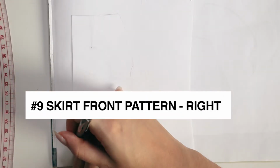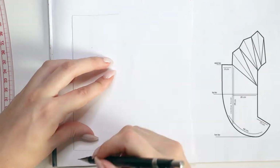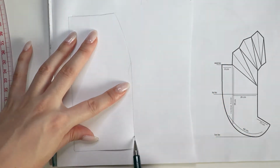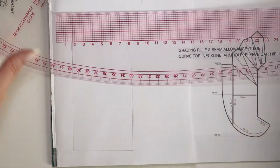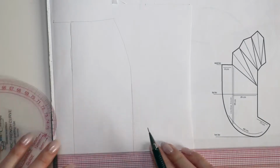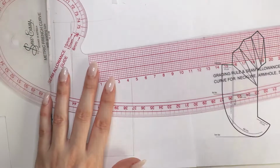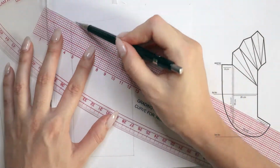And here comes the interesting part of this pattern. I say interesting, some people might say challenging, but it's just perspectives. Anyway, we need to copy the same thing, the base pattern. As I mentioned, we do not want a dart, so we need to make sure we eliminate that. At this stage, we do not need to add the 8 centimeters and the 15 centimeters. I actually did here, but you don't need to, because we're going to have to cut up this pattern